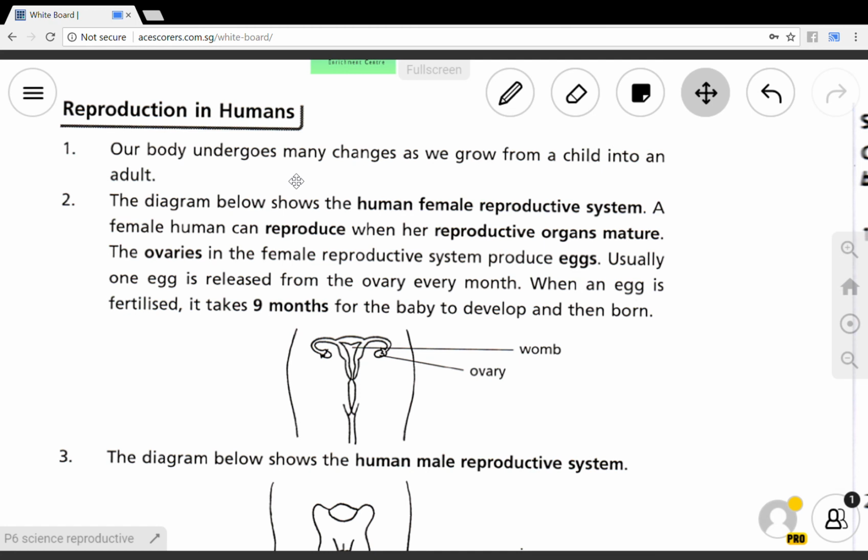Let me give you an example. When I was Sec 1, that's about 13 years old, I was 1.5 something. By the time I was Sec 3, I shot up to 1.8. So I became like that. Can you imagine Sec 1, Sec 2 like him, and Sec 3 becomes like that? Okay, so that is guys.